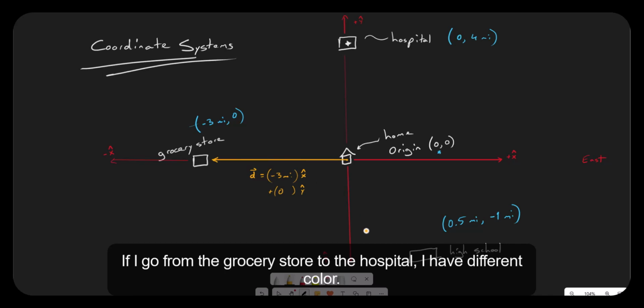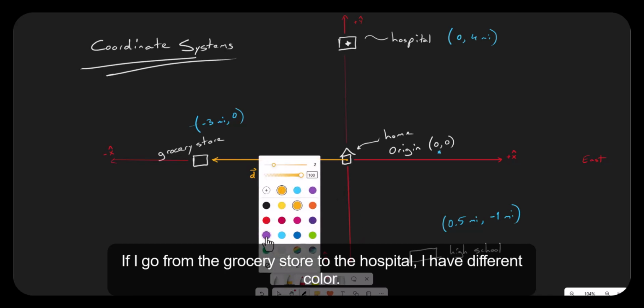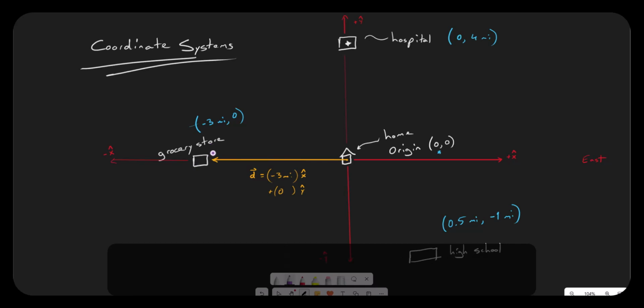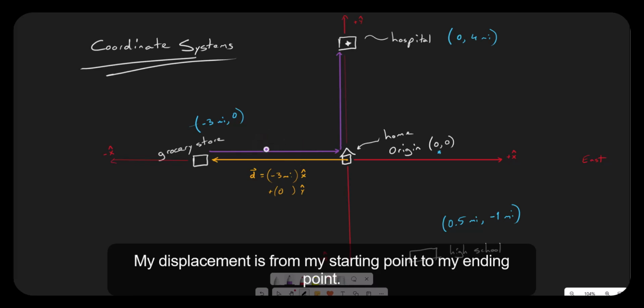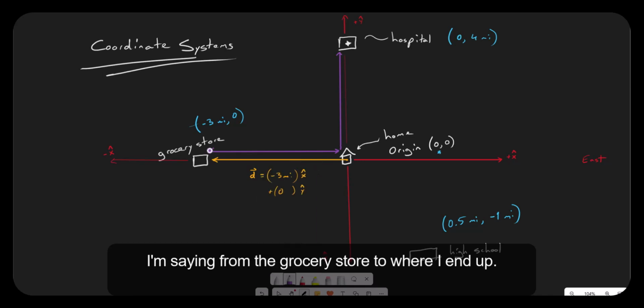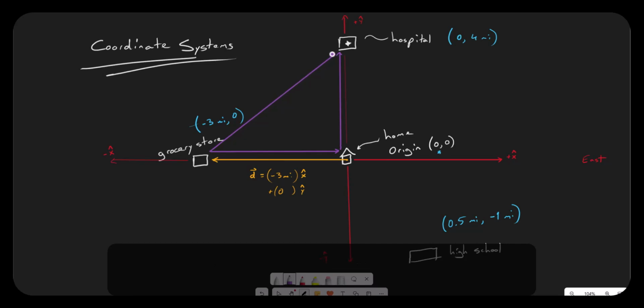If I go from the grocery store to the hospital, let me grab a different color. From the grocery store to the hospital, I will need to go 3 miles east, 4 miles north. My displacement is from my starting point to my ending point. So if I want that displacement, I'm saying from the grocery store to where I end up,